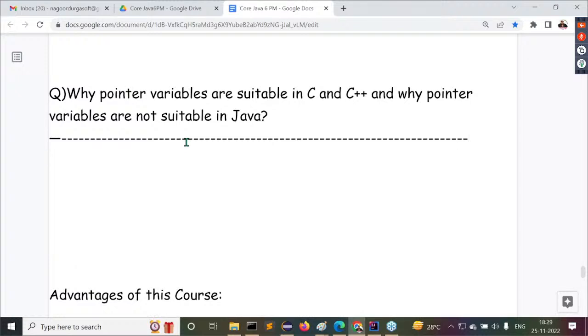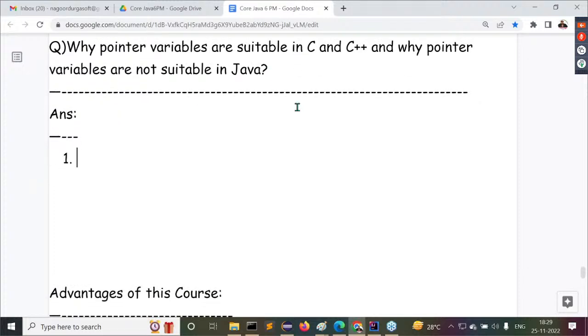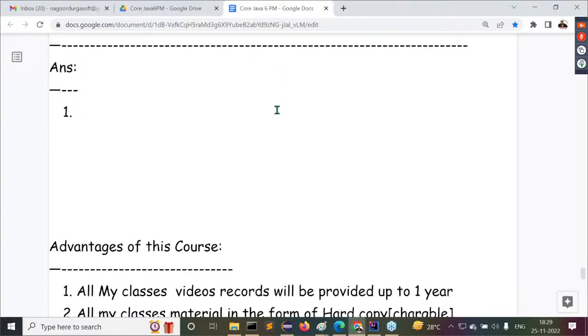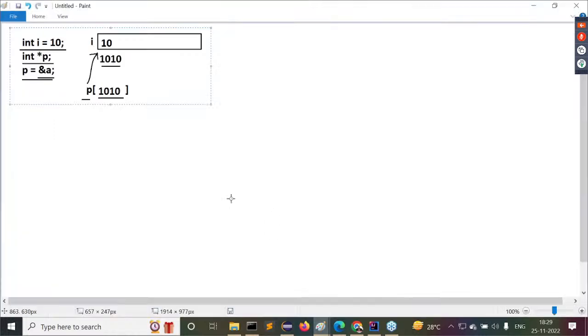For this question, I'm giving some answers to you. Now try to understand these answers clearly. Point number one. Everybody, understand my point here. Listen carefully. In C and C++, we are able to declare pointers in this way.